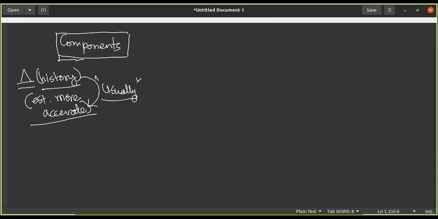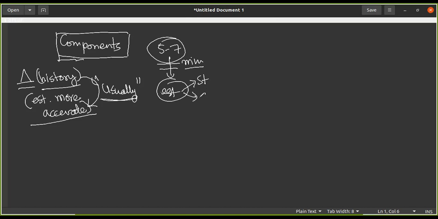The estimations are usually going to be very good if I have a good amount of data. For example, if I have the last 5 to 7 years of data, this is usually something which is followed in the financial areas also. So at minimum, if I have the last 5 years of data, then I should be able to accurately estimate what is going to happen with respect to a stock or the valuation of an SIP and so on and so forth.